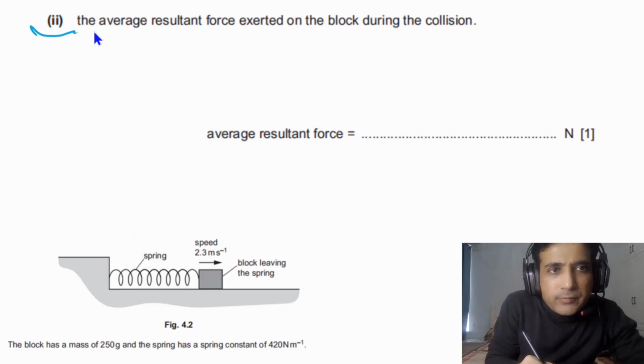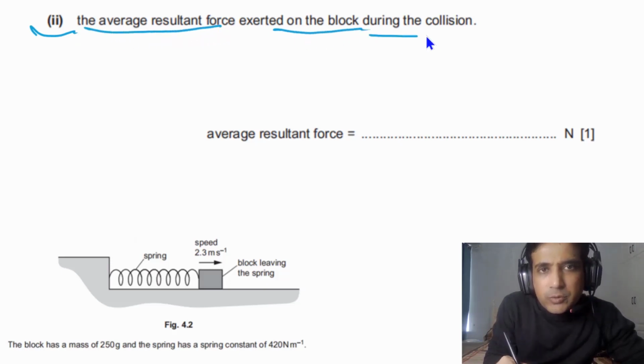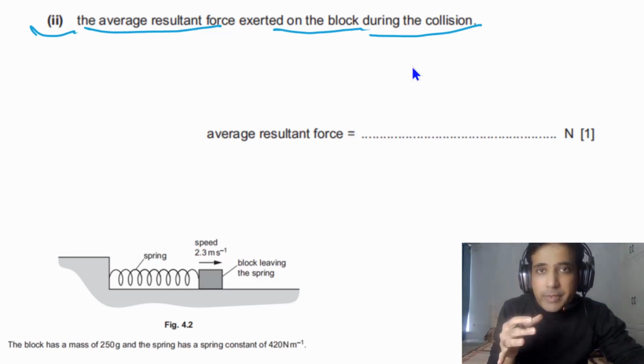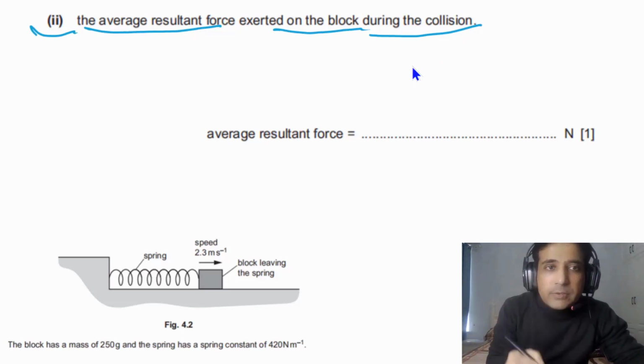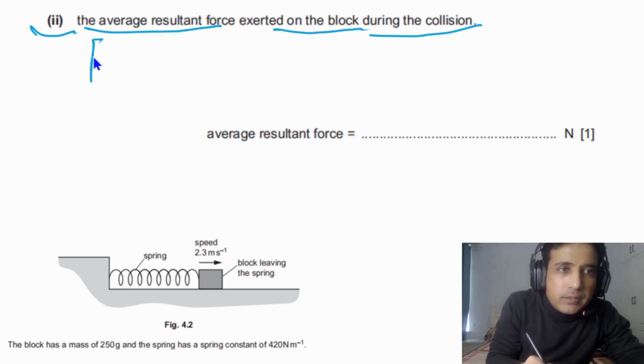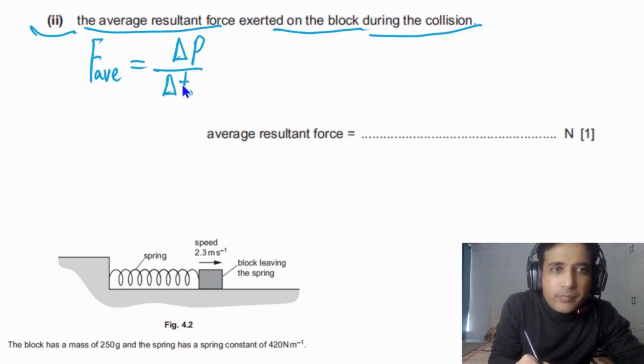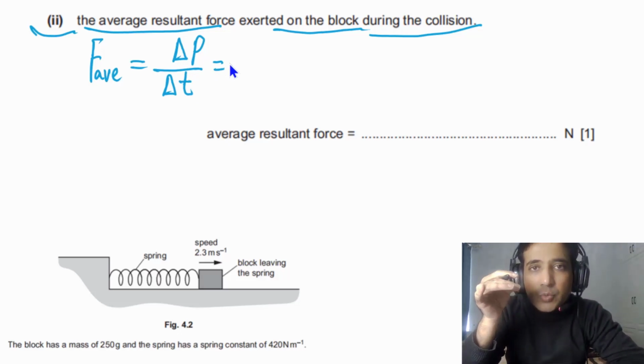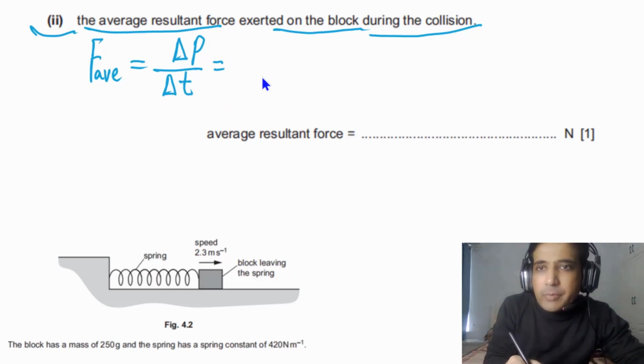For the second part, we need to calculate the average resultant force exerted on the block during the collision, but we have already calculated the change in momentum and the time of impact is given to us. So simply, the average resultant force exerted on the block will be equal to the change in momentum divided by the time of impact. So average resultant force is equal to the rate of change of momentum, and the change in momentum we have calculated,